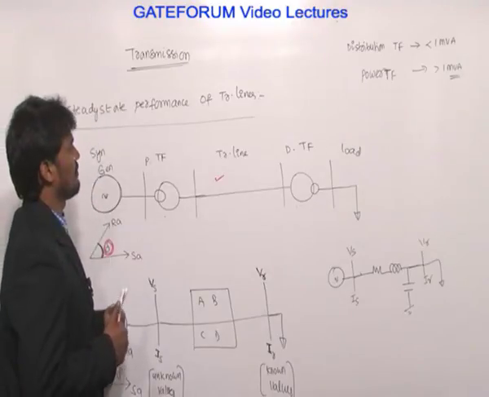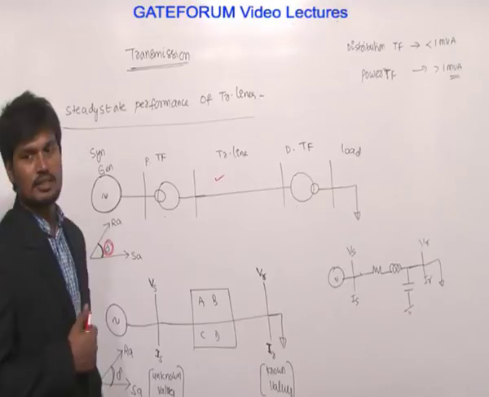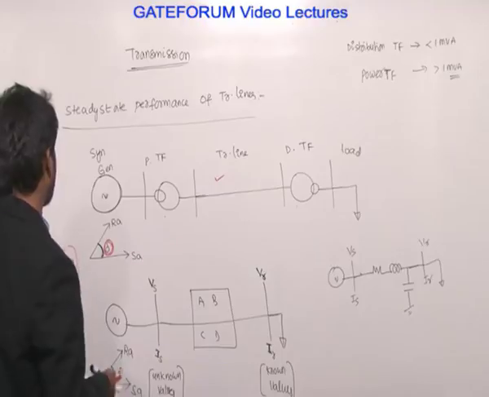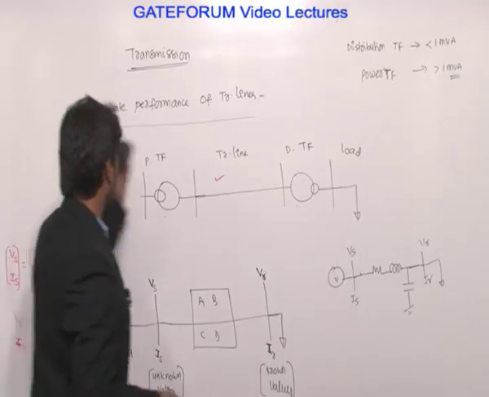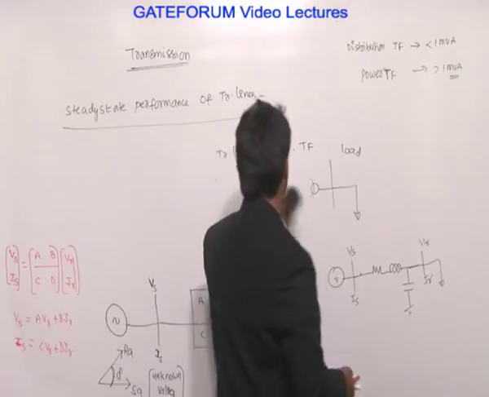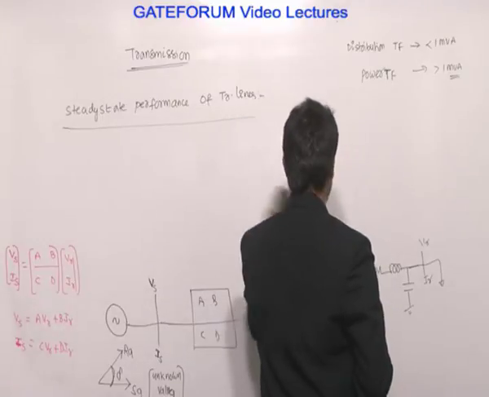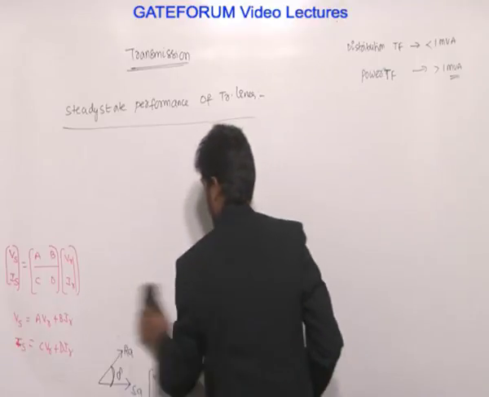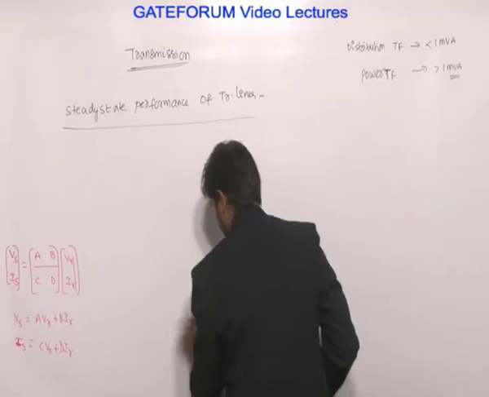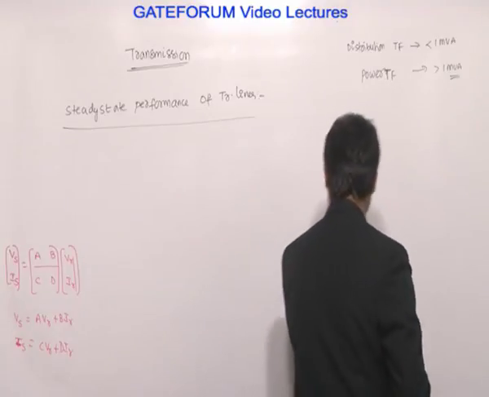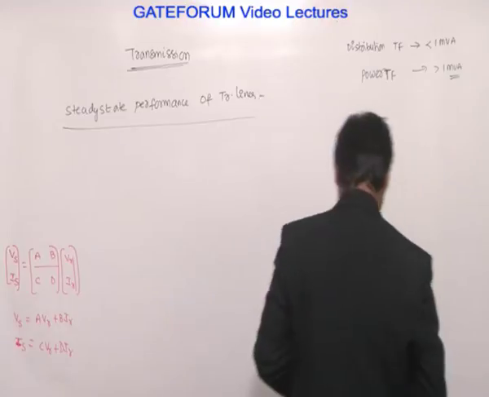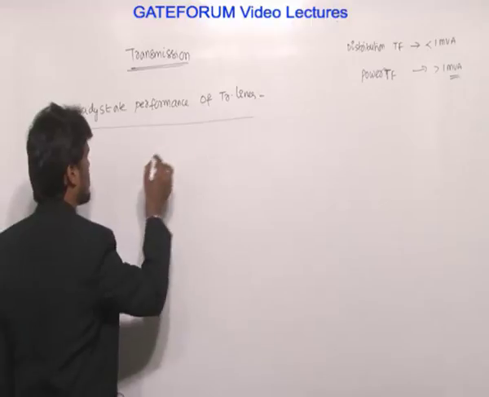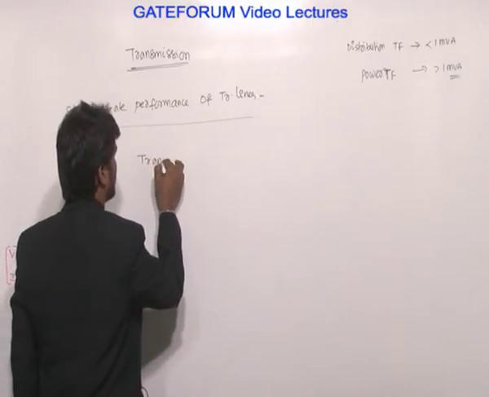Now we are discussing the steady state performance of transmission lines. Now, let us come to the basic definitions. Later we will see all these things. We have much analysis. This is the single line diagram of an electrical power system. Transmission line performance